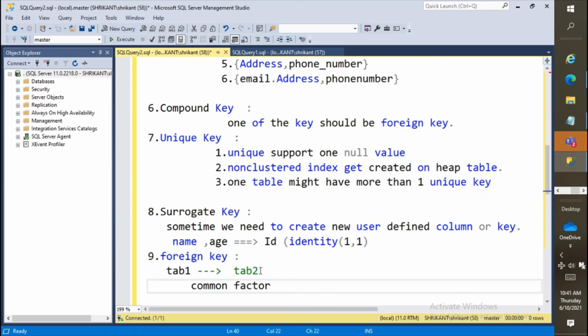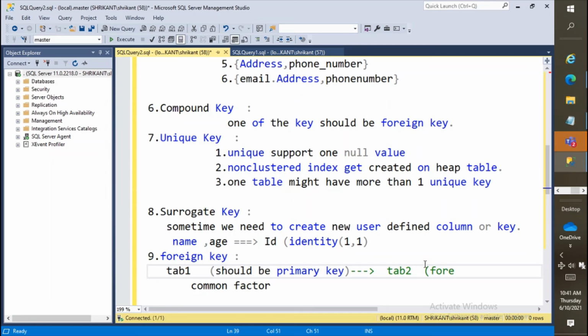But there are certain rules if we want to go for the foreign key. If I want to use any key as a foreign key from another table, that column should be the primary key. Then I can use that column in another table as a foreign key.